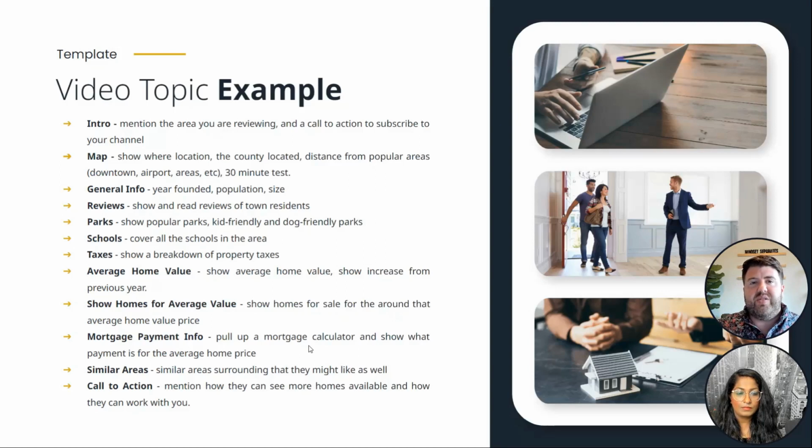The reason why you want to do this is because people that are relocating or maybe not familiar with that side of town can see what it's like to get around. One cool thing you can do inside Google Maps, and there are some other websites that'll do it for you, is the 30-minute test. Put that location in and it'll highlight where you can go within 30 minutes, whether throughout the city or on the interstate. It gives people an idea of what a 30-minute commute looks like to any area. So it's very important to show them the location where they're going to be living.